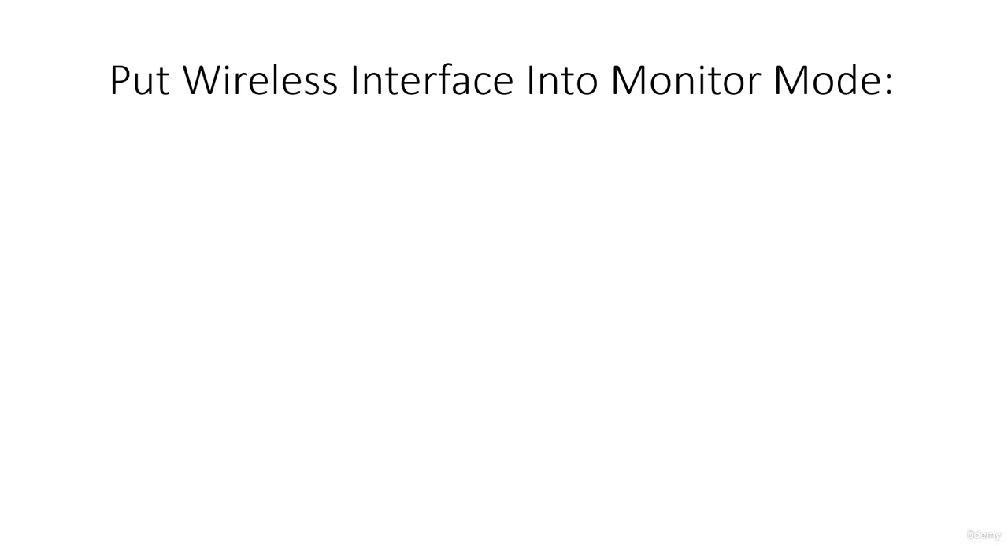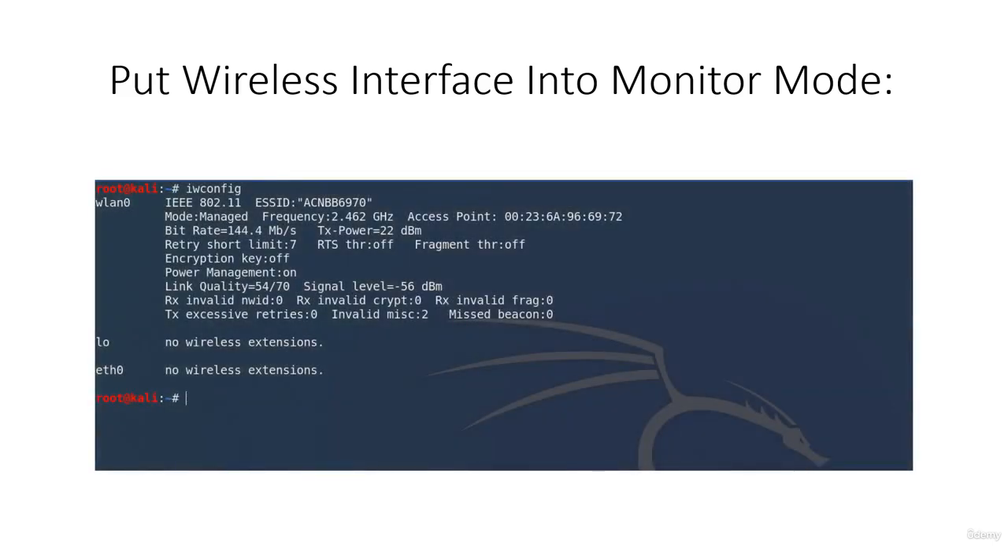But first there are some things you need to do. You need to put the wireless interface into monitor mode, because by default your Linux machine, the attack machine which you will be using, like Kali Linux, has its wireless interface in managed mode. What you need to do is put your wireless interface into monitor mode, which is very simple. First, run iwconfig to see the list of wireless interfaces,